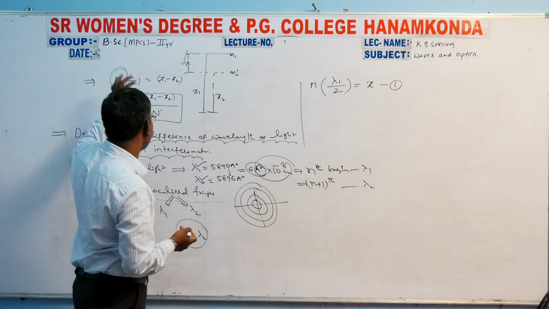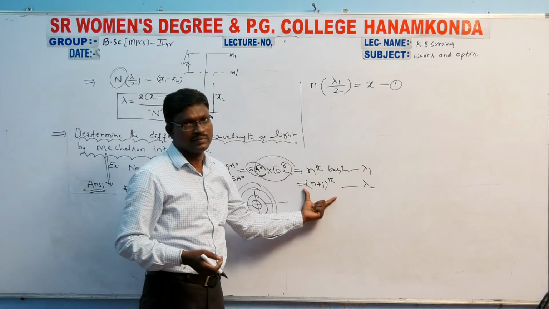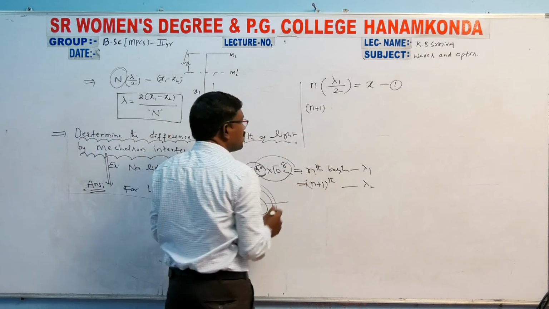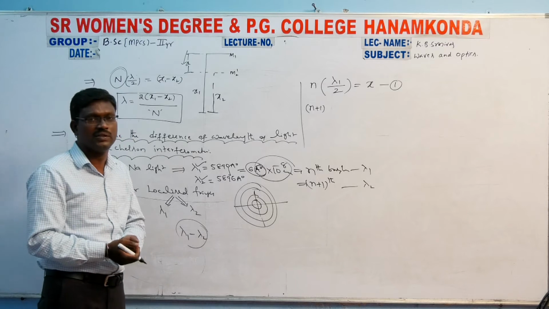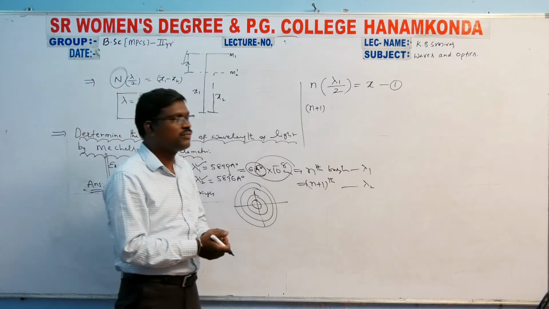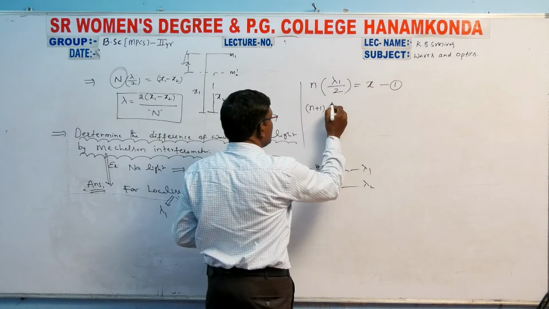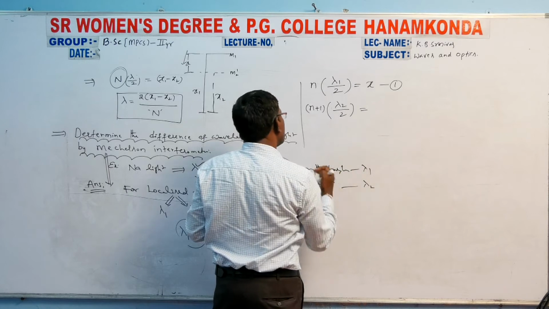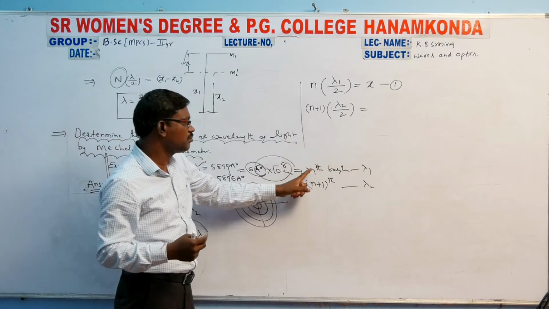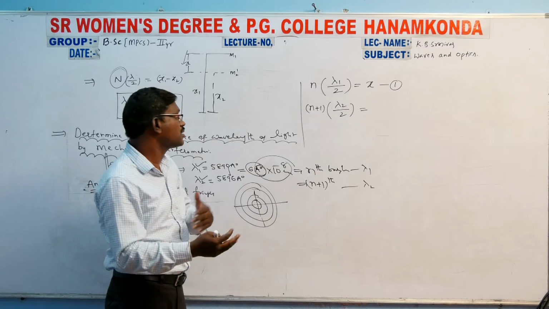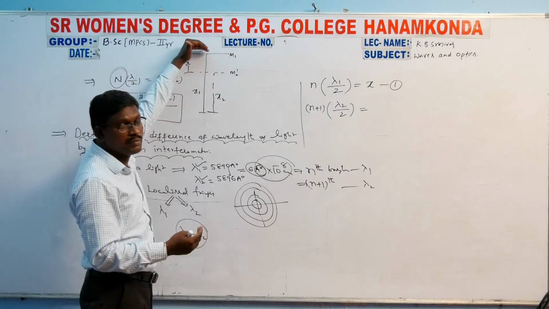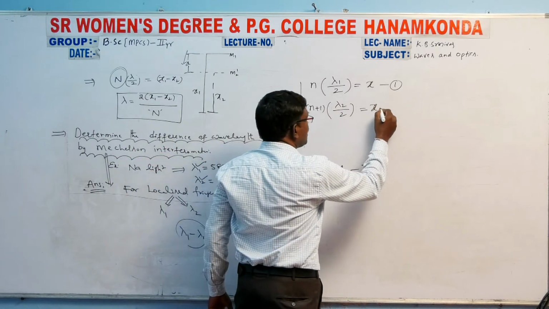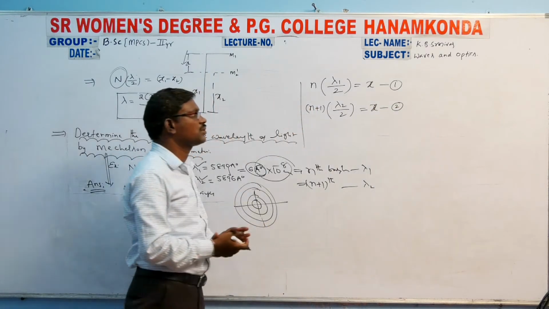Similarly, just write the same expression for the second wavelength. Instead of n, what is n plus 1? N plus 1 is the n plus 1th bright fringe corresponding to lambda 2 wavelength. So n plus 1 into, instead of lambda, here I am writing lambda 2 by 2. So both the fringes are observed, because this M1 mirror is moving away from M2 dash. So both have the same x value. Let this be equation number 2.